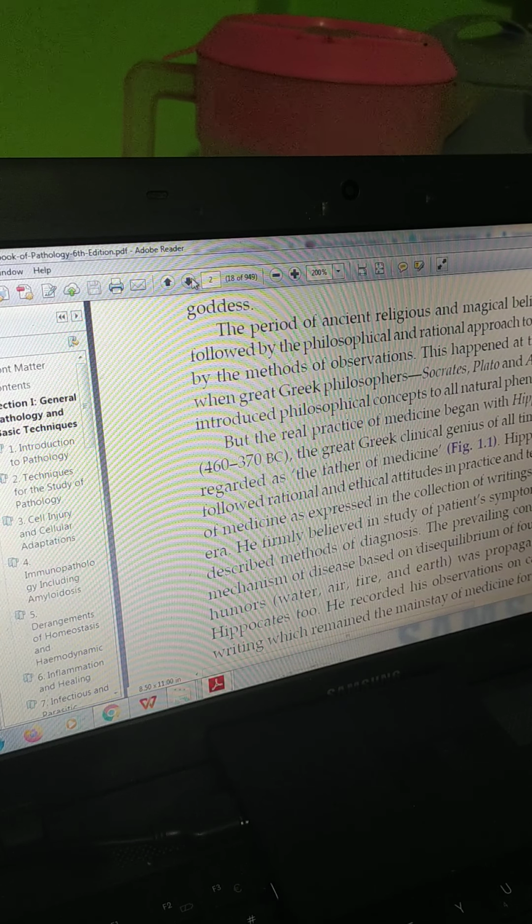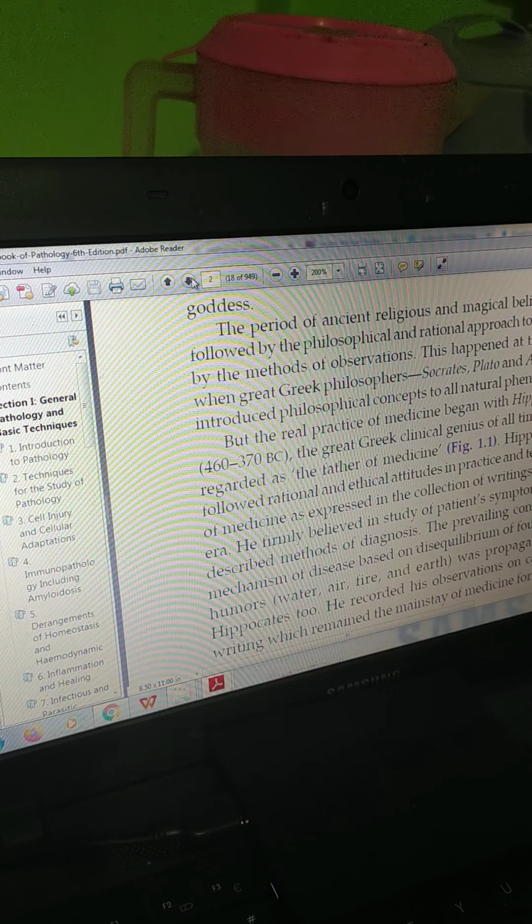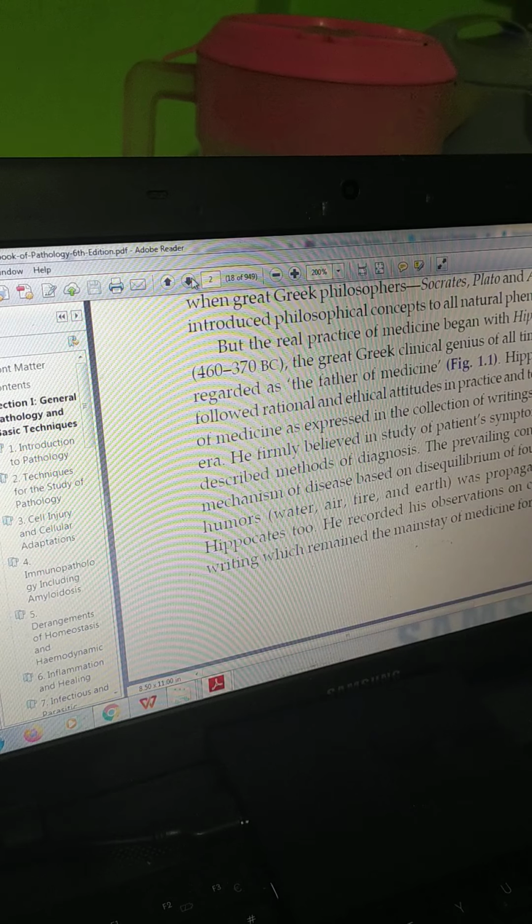The prevailing concept of mechanism of disease based on equilibrium of four basic humors, water, air, fire, earth, was propagated by Hippocrates too. He recorded his observation on cases in writing, which remained the mainstay of medicine for nearly